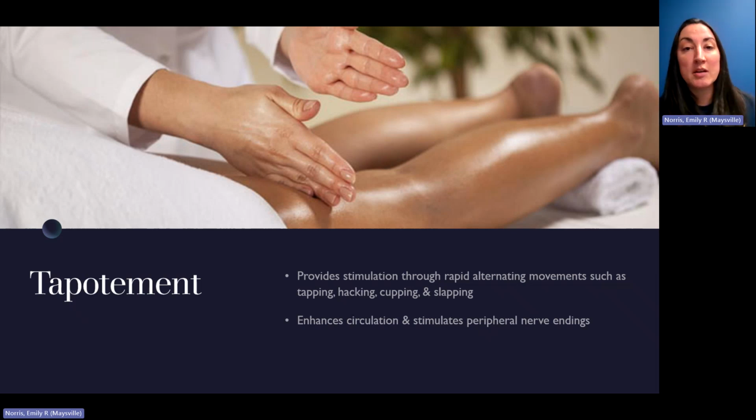One muscle group I use it on the most is probably gluteus medius, where I get over the gluteus medius and I do quick taps while they are doing like single leg stance or lunges or squats or some type of balancing thing, to try and kick that gluteus medius in and increase the activation of that muscle group.